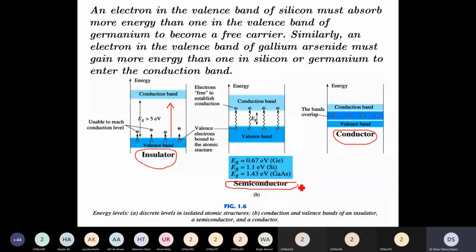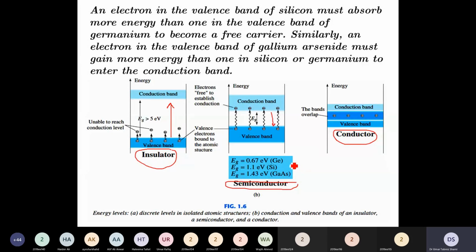In the semiconductor, the energy gap is medium. The valence shell and conduction shell are not overlapping. There is an energy gap existing between them, but this is not large as compared to the insulator. And when we provide a certain electron volt, the electrons will jump from the valence shell to the conduction shell. This applied electron volt is different for germanium, silicon, and gallium